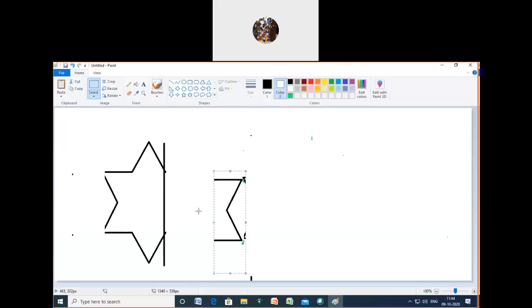Are both symmetrical or asymmetrical? Not equal. Asymmetrical. So that is not equal, isn't it? So what is the difference between symmetrical and asymmetrical? Symmetrical means if you cut that shape, both sides have to be equal.